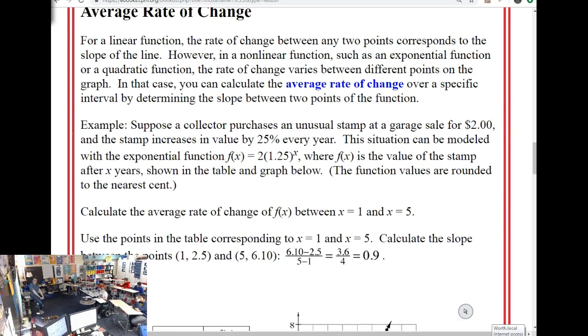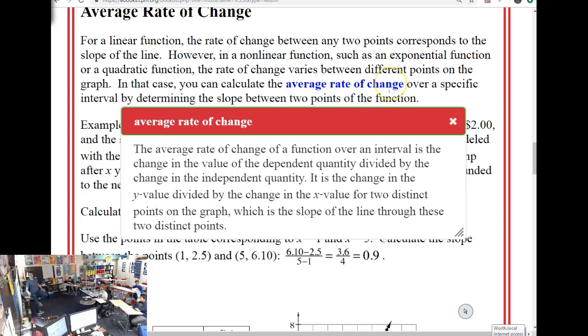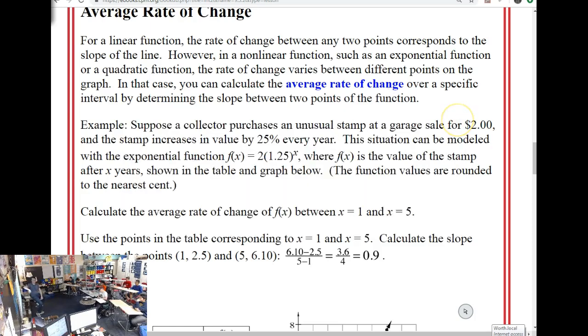So last week we were looking for average rate of change, and if we look at the technical definition here, it's the change in the y value divided by the change in the x value for 2 distinct points on a graph, which is the slope of the line through these 2 distinct points. So we talked with our parabolas about this average rate of change being an approximation, right? As you would get closer and closer and closer points, your approximation will get closer to the actual line behavior